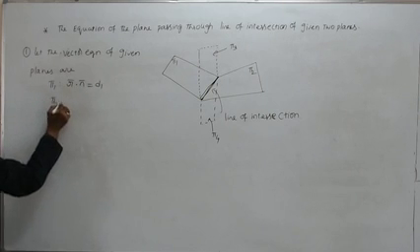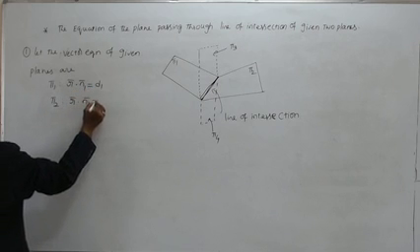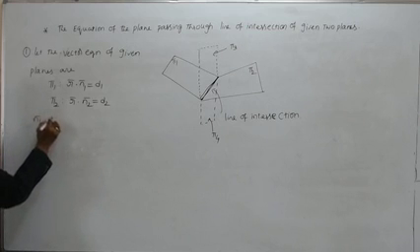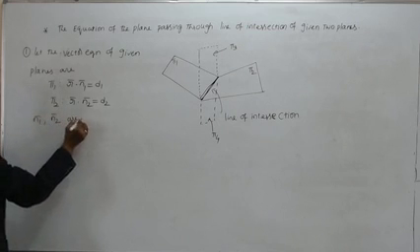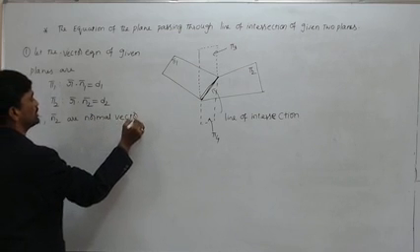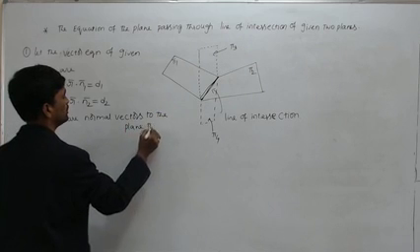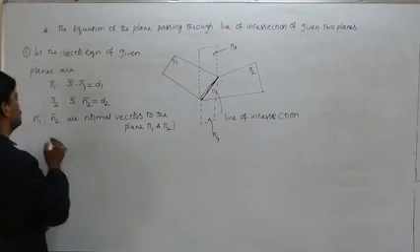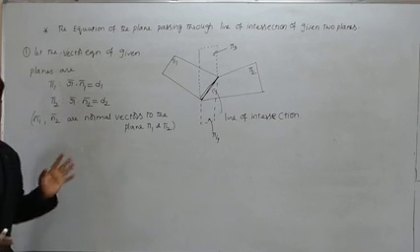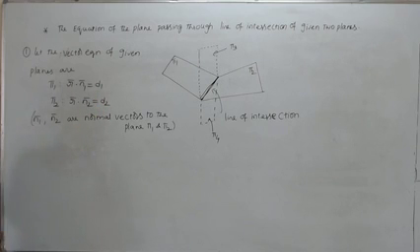Second plane equation pi 2 is r bar dot n2 bar equal to d2. Here what are n1 bar and n2 bar? n1 bar and n2 bar are normal vectors to the planes pi 1 and pi 2. I am not taking unit normal vectors, I am taking normal vectors. So as n1 bar, n2 bar are not unit normal vectors, d1, d2 cannot be perpendicular distances from the origin.